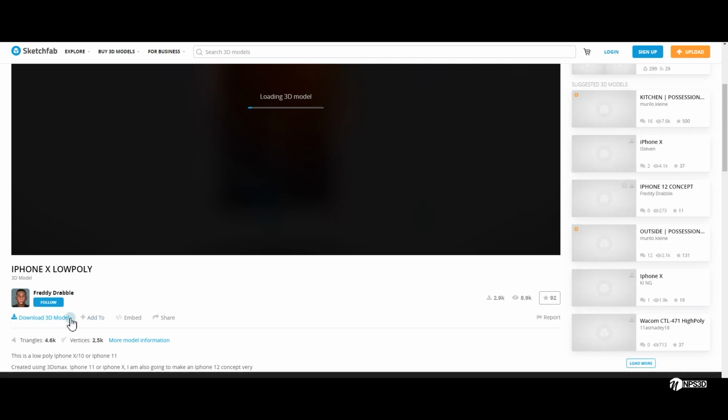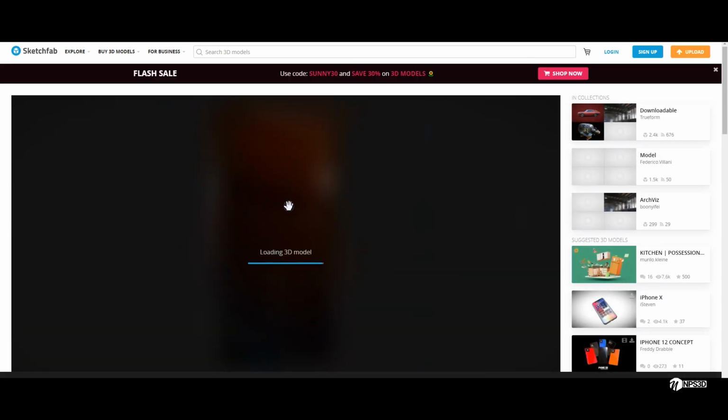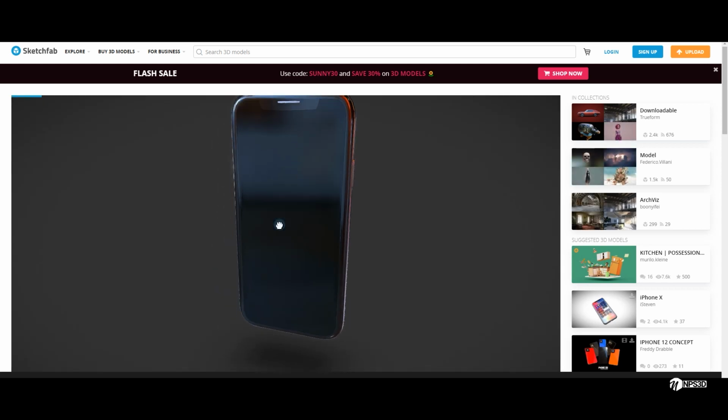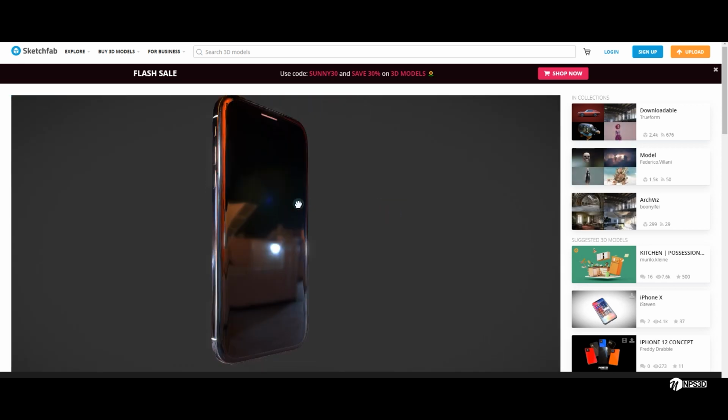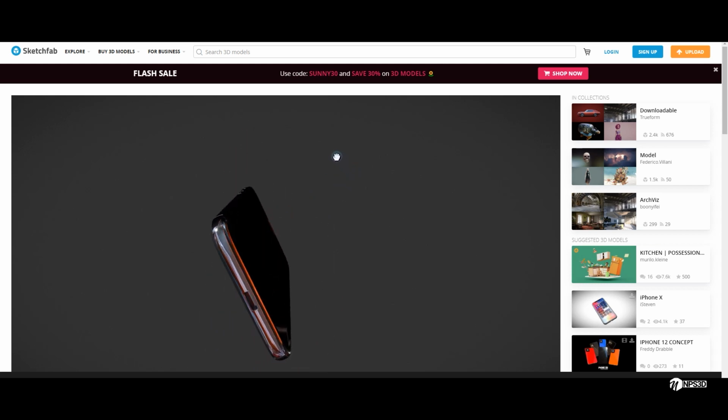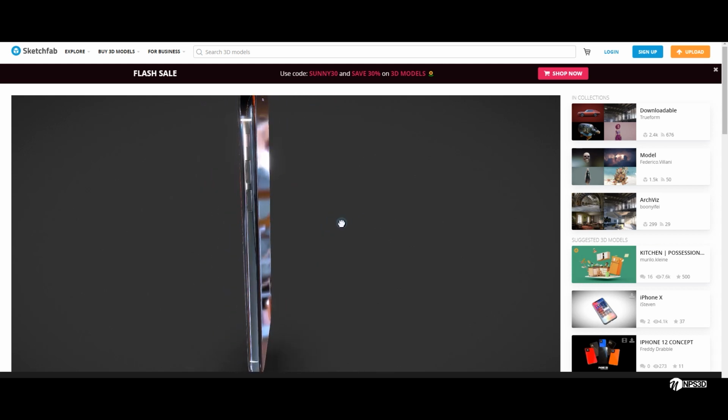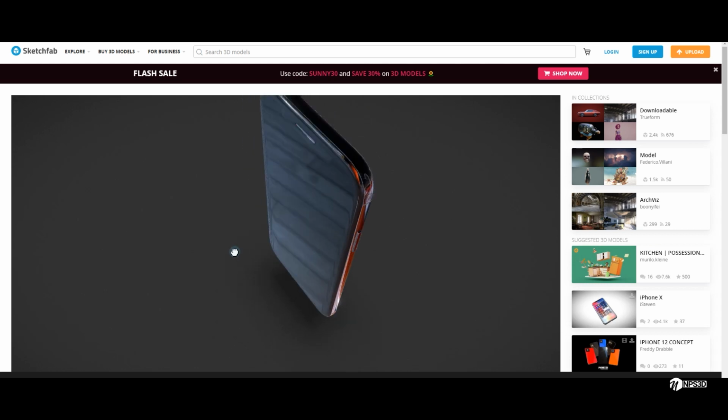Like this one is free for download, so you can pick any 3D iPhone from here or any other website so that you can download and use it in your video. This looks good to me, so you can just download it and move to the next step.